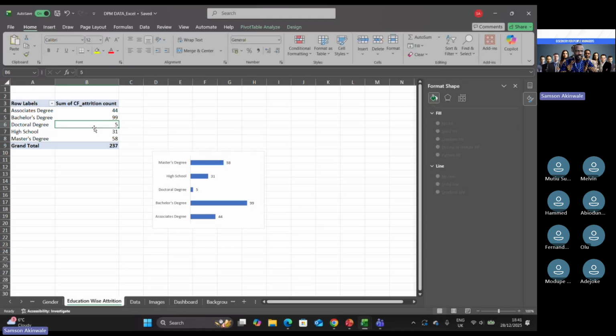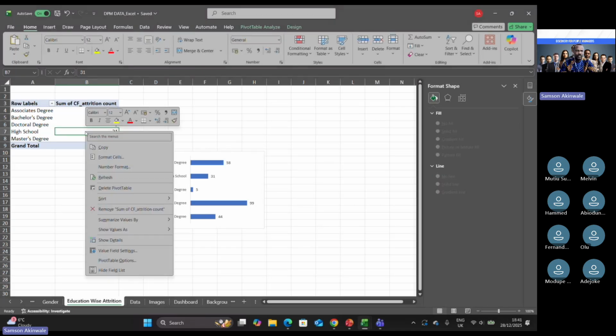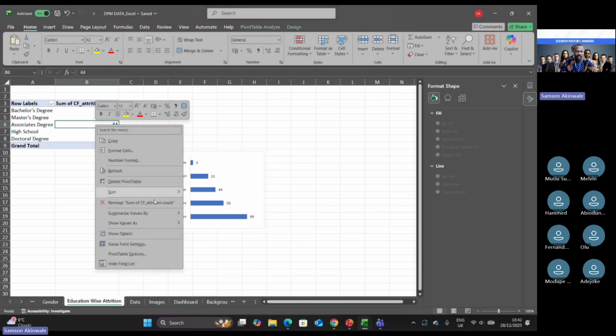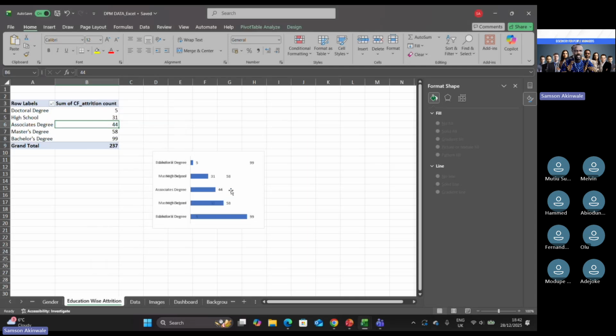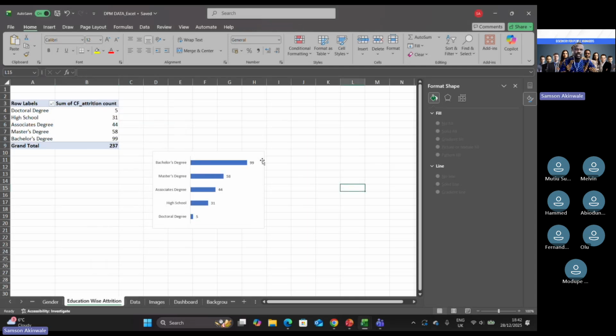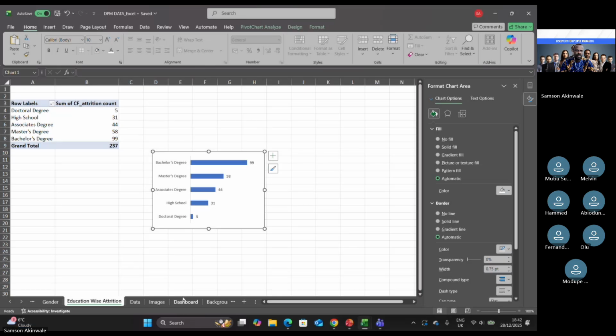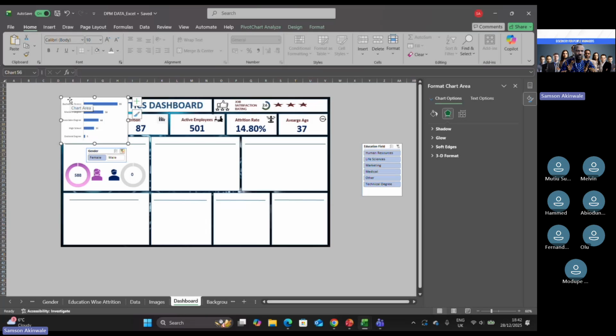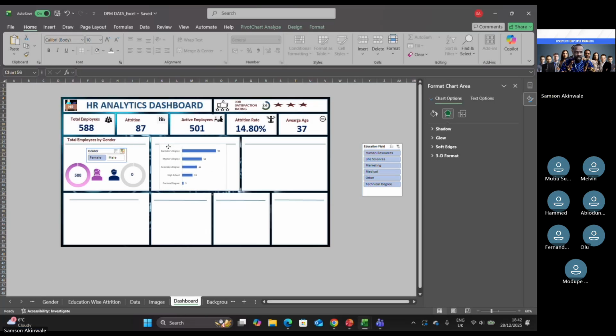And I can come here and say, I want it to be sorted or rearranged. So I pick sort from largest to smallest. So it gives it this way, or I can say I want it the other way around, smallest to largest, and I have it this way. So I can pick this chart now, copy, go to my dashboard, and paste it here. So I'm pasting it here. I can move it to the right place I want it to be, which is this side. So I do a few adjustments here and there, and it moves just to